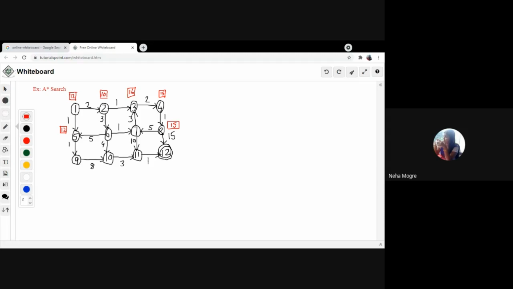That means the estimated cost from node 5 to node 12 is 12. For node 6, it is 7. For node 9, for example, we'll take 12.